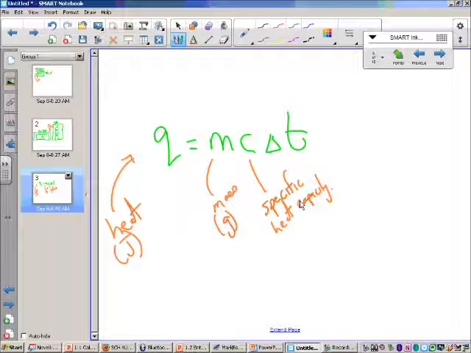The word specific implies that it's for 1 gram of substance, all right? And I'm going to just put the units here, and that unit is joules per gram degree Celsius, with both the gram and degree Celsius on the bottom. You may come across questions, I hope I don't have any in my handouts, but in the future you